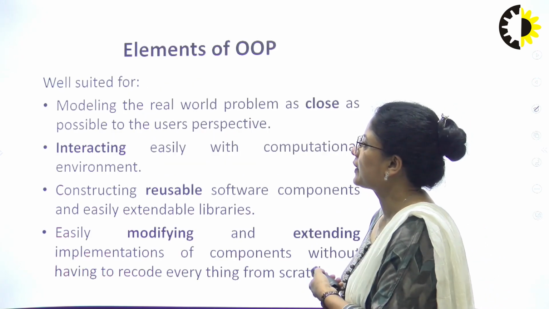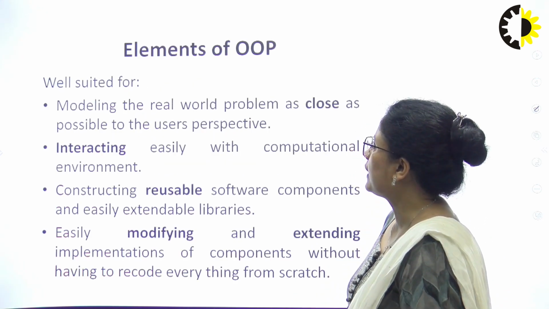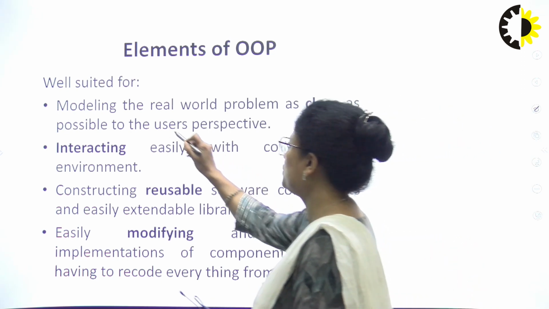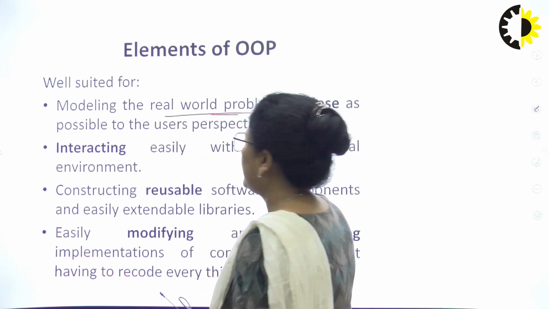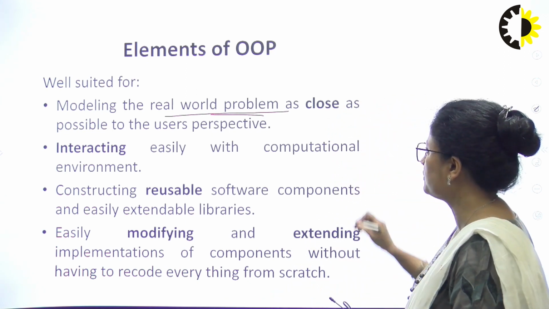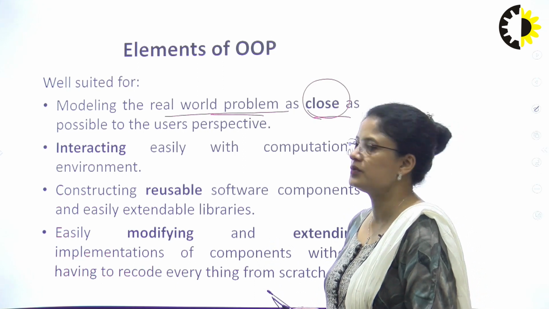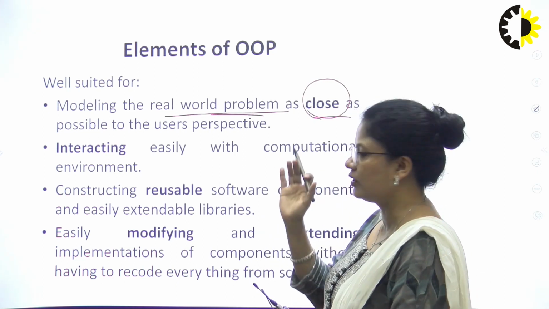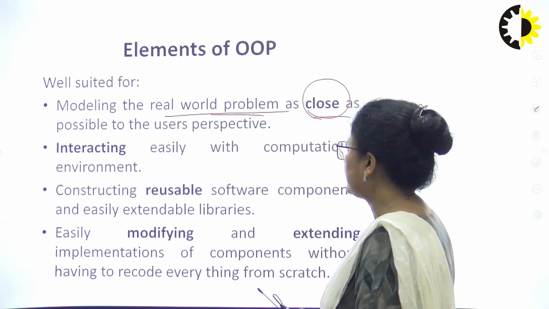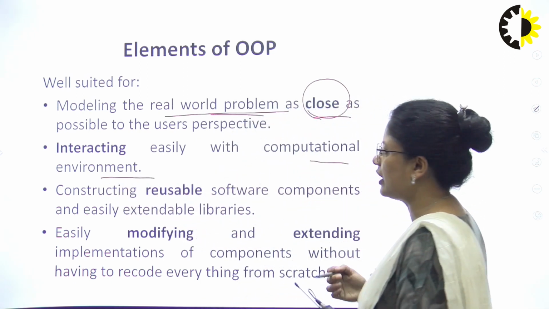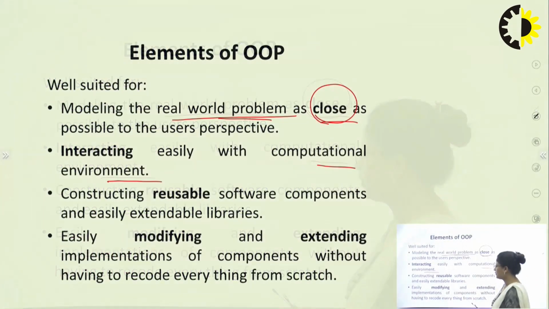What do you mean by object-oriented programming? Basically, we go for object-oriented programming when we try to model a real-world problem. And when you're trying to model the real-world problem, we try to keep it as close as possible to the perception of the users, the real-world look which the users look into. And that helps with an easy computational environment, because we are looking at it from the real-world